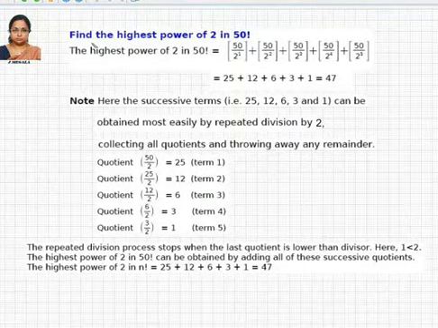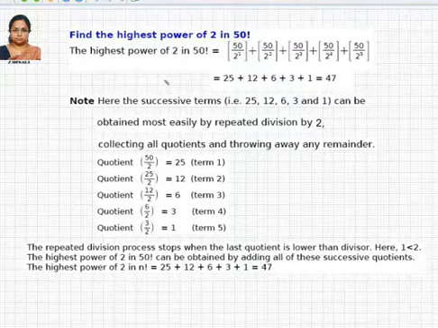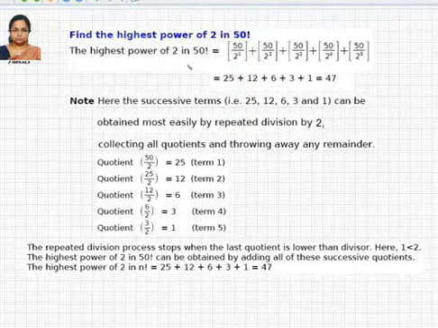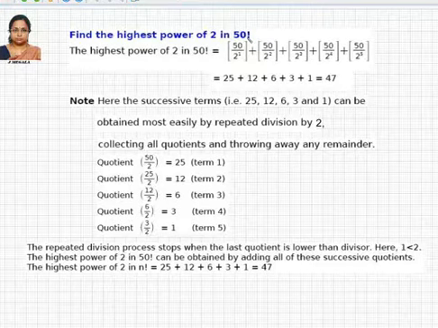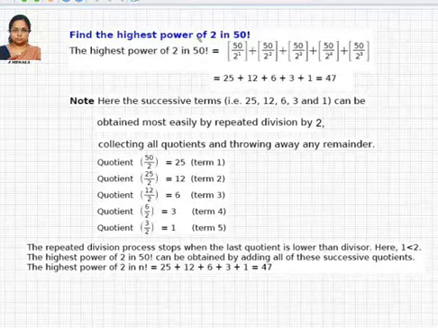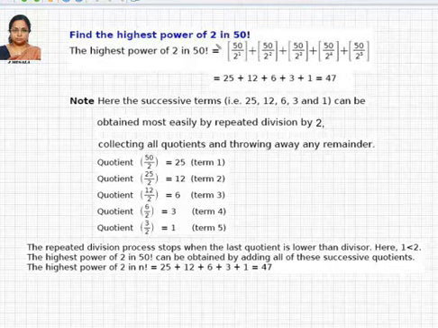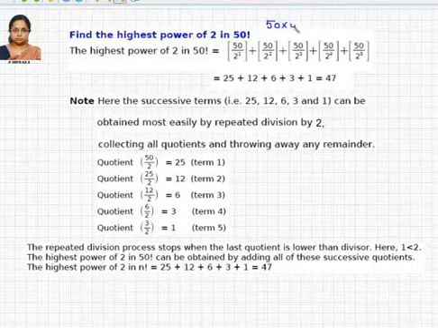So let us just take this: find the highest power of 2 in 50 factorial. Just now you saw the formula, and in that we have to find the number of 2's. As you know, 50 factorial is not a small number. It starts from 50 and you keep multiplying 50 into 49 into 48 and so on till 1. Then you have to find out the number of 2's in those numbers. It is a huge number, and if you write 50 factorial as 50 into 49 into 48 and so on,